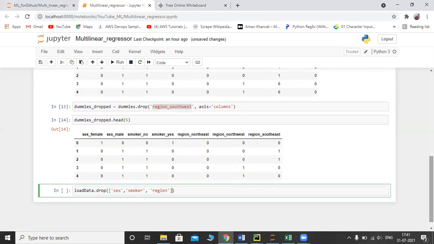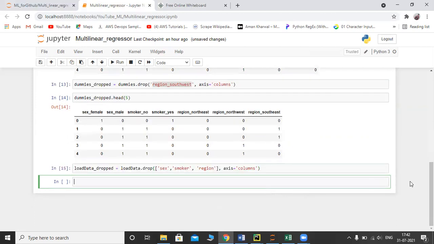And how am I going to drop column wise? I need to provide axis equals columns. I will store this in one more variable, load_data_dropped. So let us execute this. Now we have successfully converted string type of data into numerical data type.